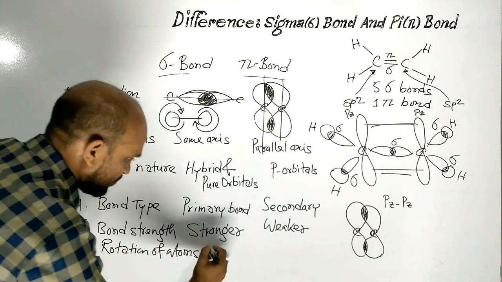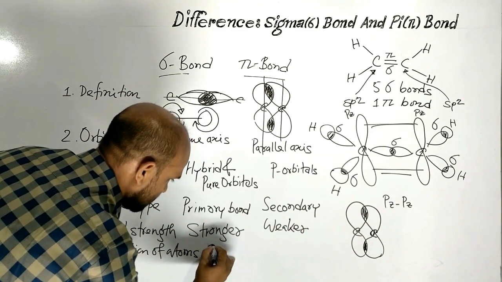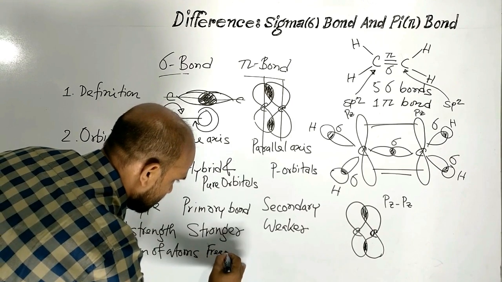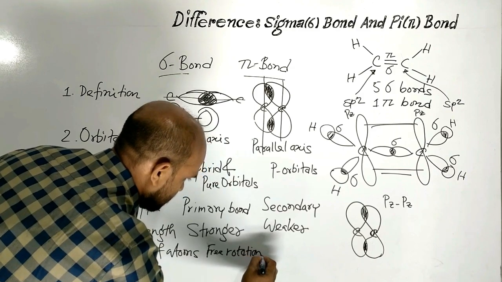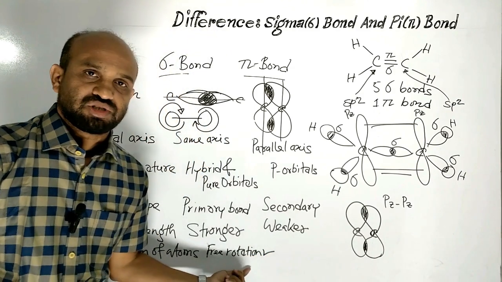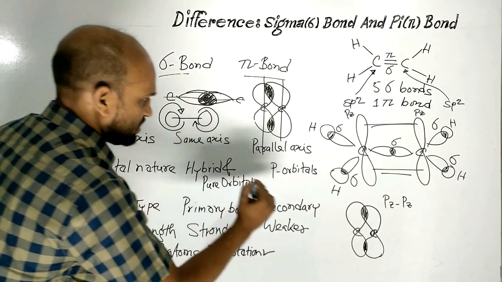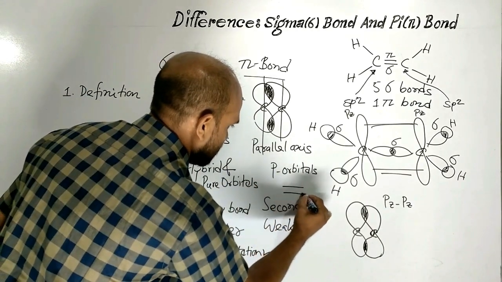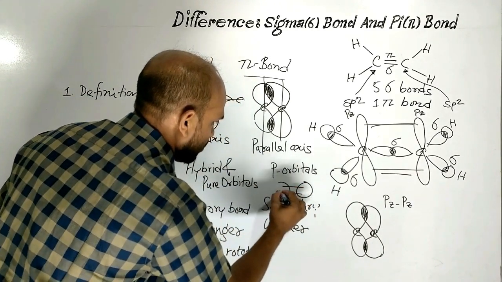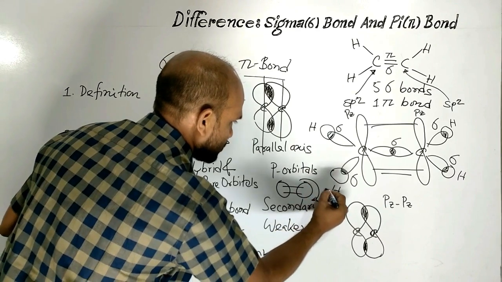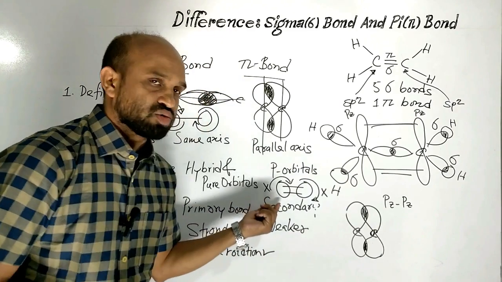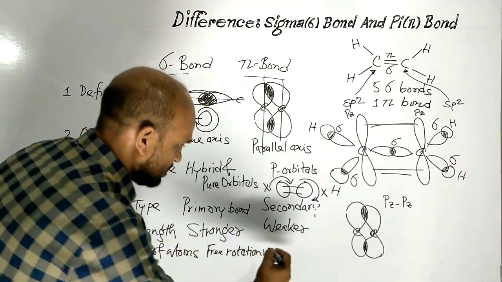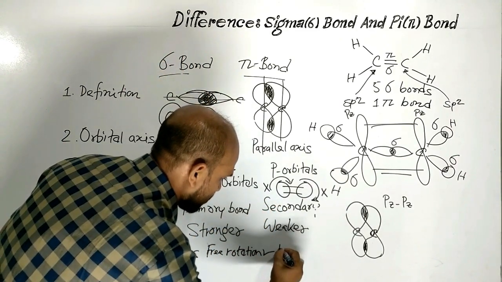So here free rotation is possible. But if it is a double bond, then atoms along the double bond cannot rotate freely. So here rotation is not possible